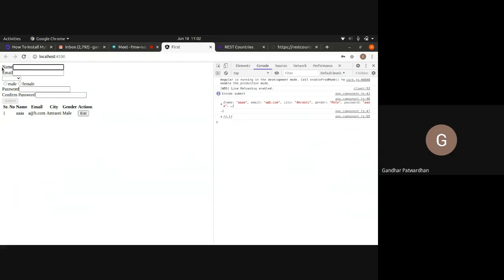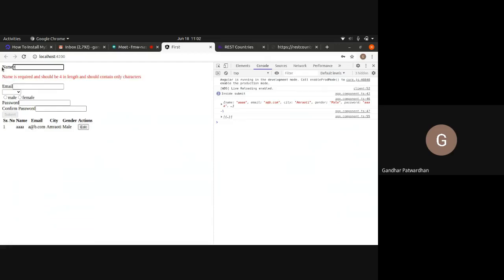So what touched and dirty does is that it checks whether you are active on that field or you are in that field or not, and if you are, only then it will display that error message, right? So if I type something in this, only then it displays, otherwise it does not. Clear?